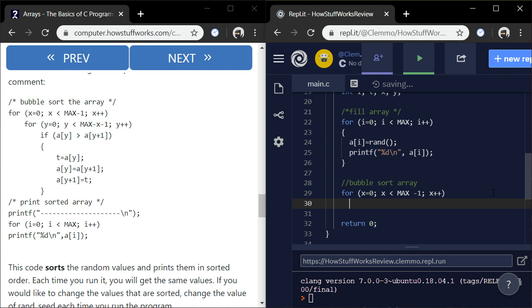And it's a nested loop, no less. For y is now the counter of this loop, as long as y is less than max minus x minus 1, increment y.